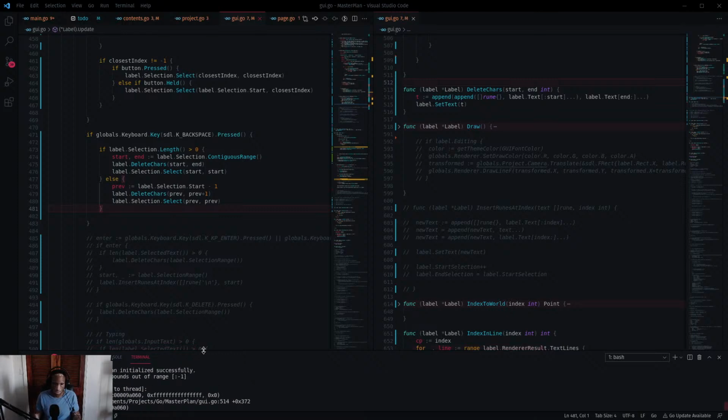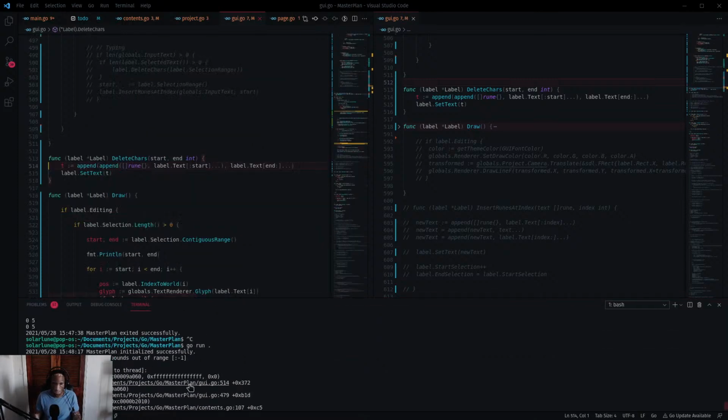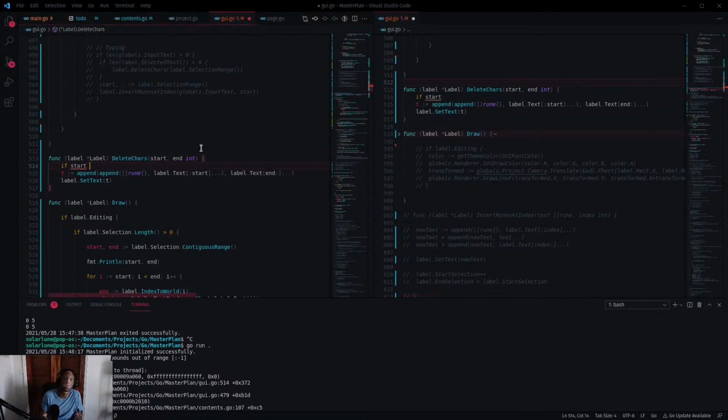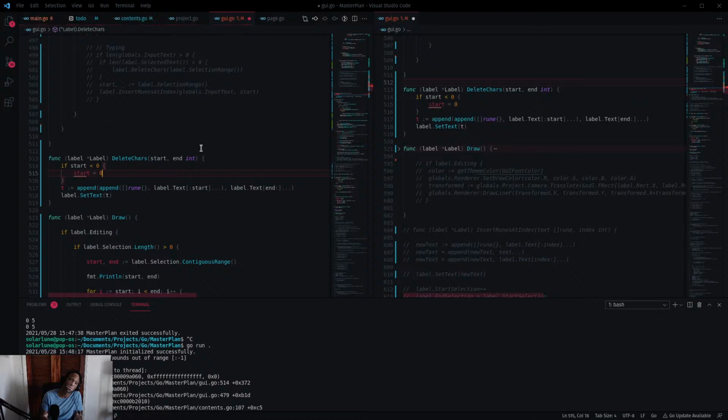Crash. Why did it crash? All right, so I guess we need to see, if start is less than 0, start is equal to 0. Start is less than or equal to